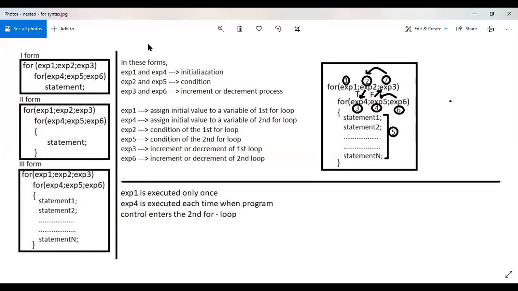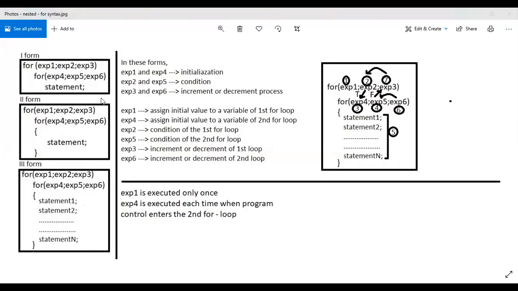Whatever I was supposed to explain on the board, I'm explaining with a diagram.